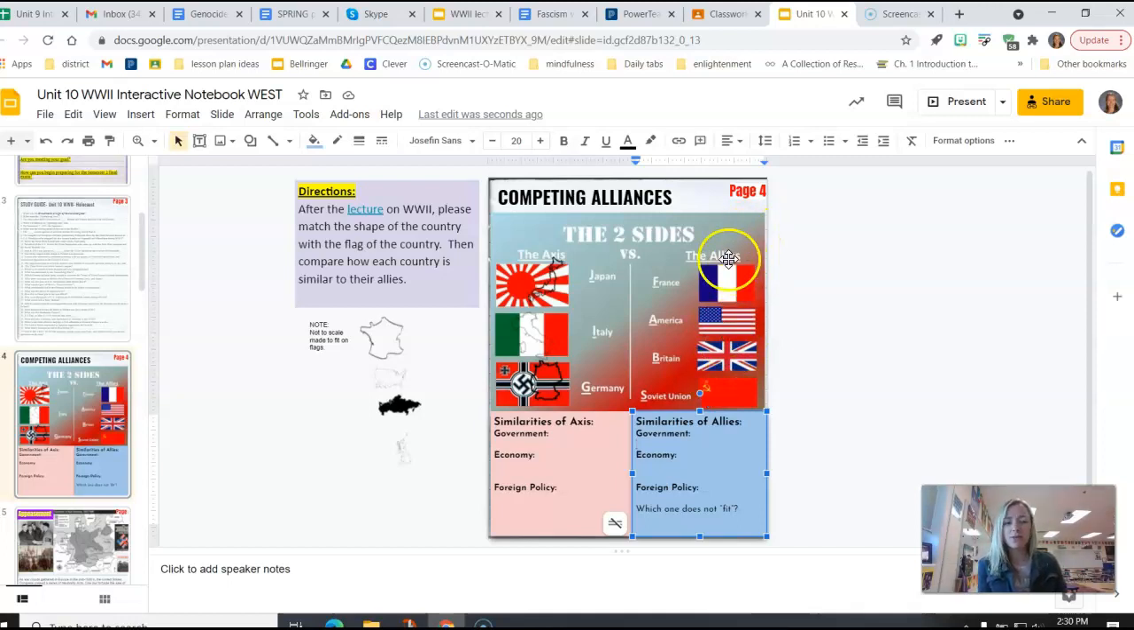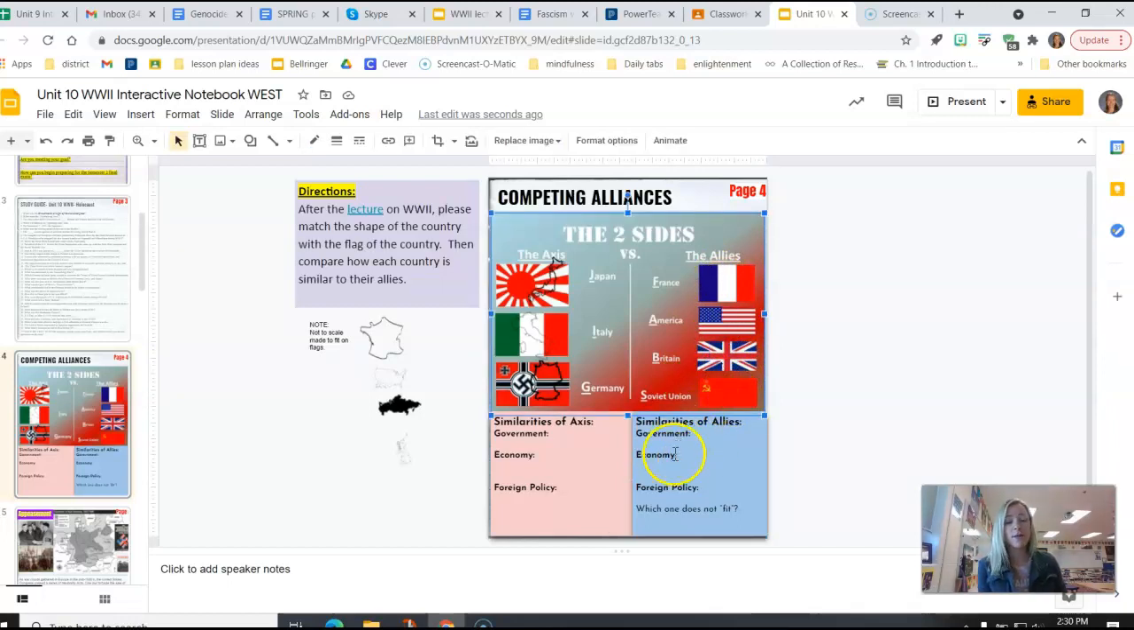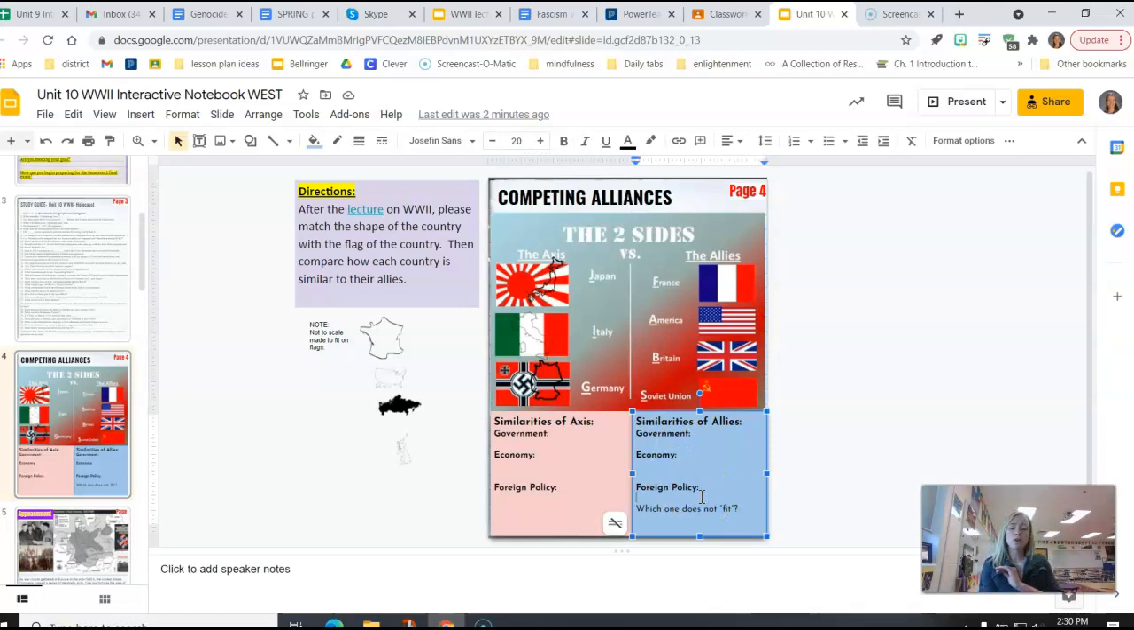So, yes, you have democracies, you also have a dictatorship. Economy, you have 3 countries, the top 3 that are capitalists. But you also have the Soviet Union, which is communist. Their foreign policy is to try to avoid war at all costs. This means that they're going to try a policy of appeasement, which we will talk about in the next slide,